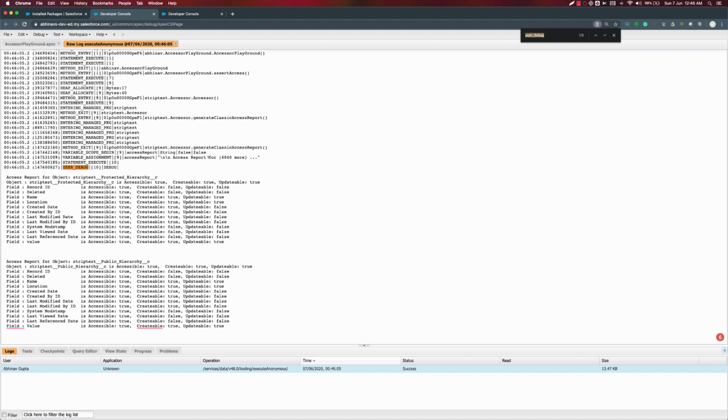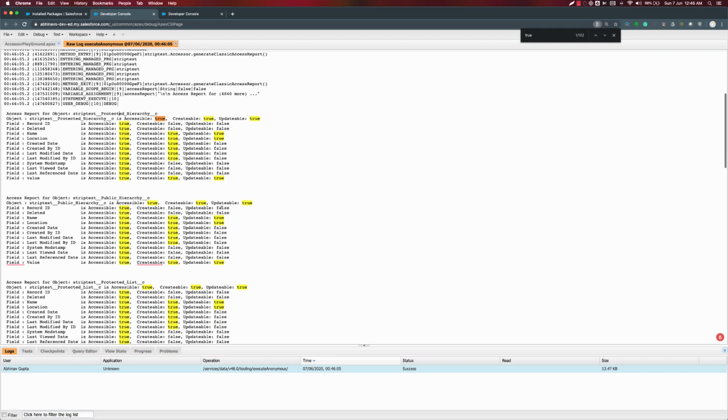Let me search for true here quickly. If you see protected hierarchy, it is accessible, creatable, updatable, and all the other fields, name, value, are accessible and creatable as well. There is no issue in that.